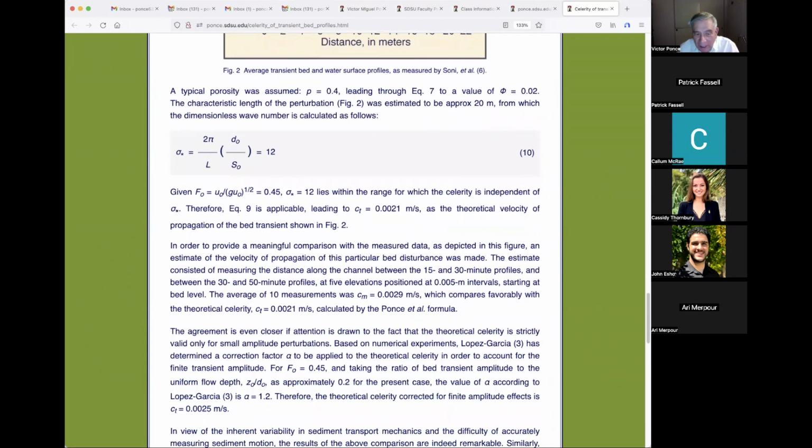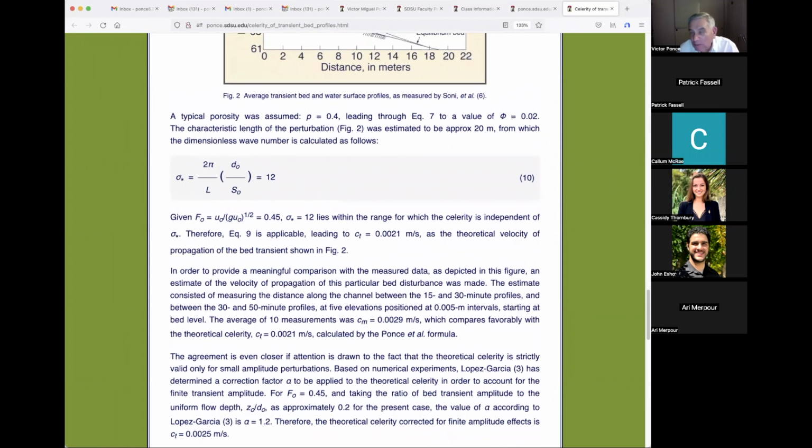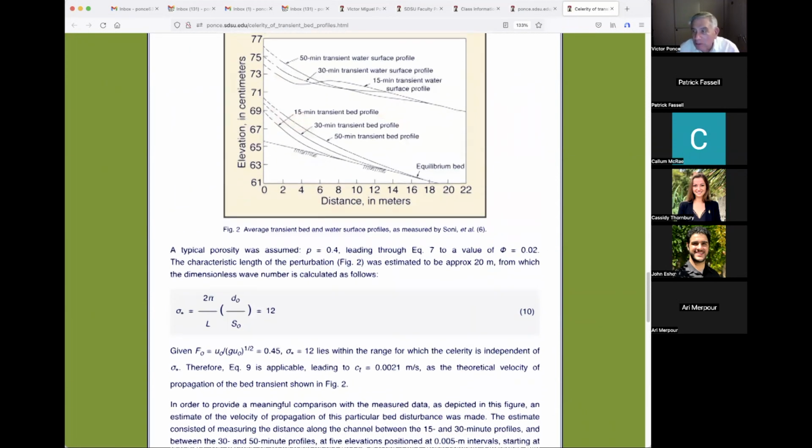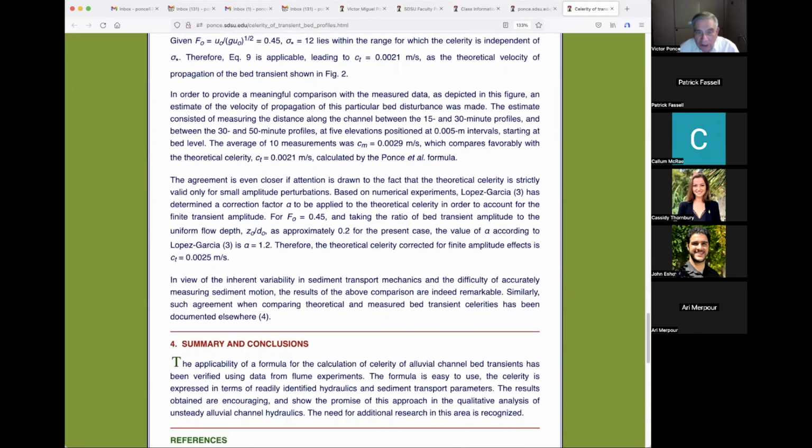However, the agreement could be a little better if we consider that this number of 0.0021 is for small perturbations. Small perturbations meaning less than 5%. But in here we had a 20, 30%. So we had a correction coefficient that had been developed by Lopez Garcia, who was one of our students at the time, or earlier,